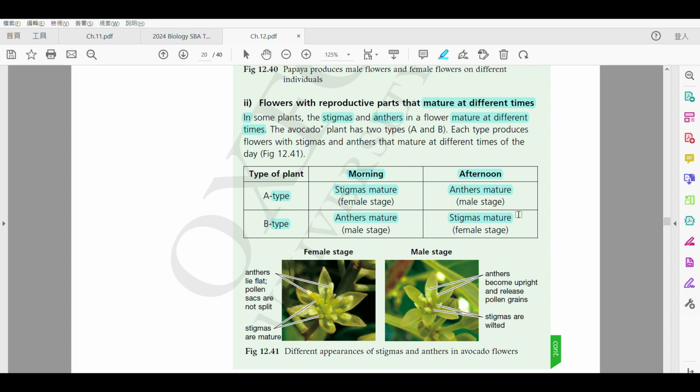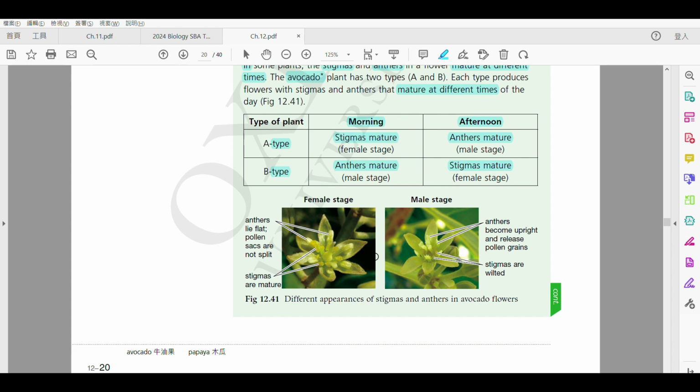In the afternoon 喎，就會 the opposite happens，相反就會發生咗啦。你會見到呢一個啦，A 嘅話就會今次係 anther 去 mature，B 嘅話就係 stigma mature 啦。Alright，咁亦都 it can be morning and afternoon. It could also be like 3 to 5 days earlier，得唔得？即係可能早 3 to 5 days earlier，this will happen. Okay, type A flower 就會 stigma mature，type B flower 就 anther mature。And then 3 to 5 days later，3至5日之後啦，就會 type A 就會 anther mature，type B 就會 stigma mature。This may also happen in nature，喺大自然都會發生呢樣嘢嘅，得唔得？好啦，例如啦，for example 就有 avocado 啦，例如牛油果咁樣啦。So they will mature at different times，得唔得？